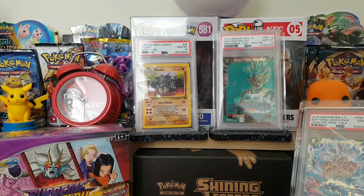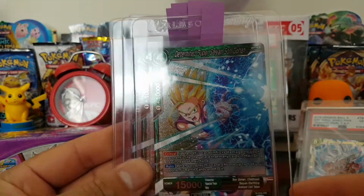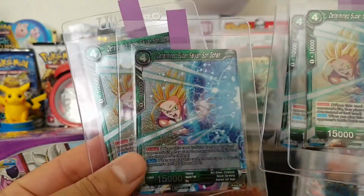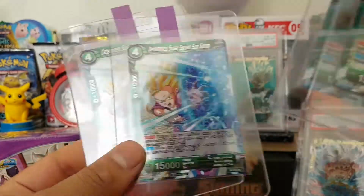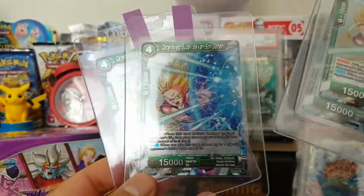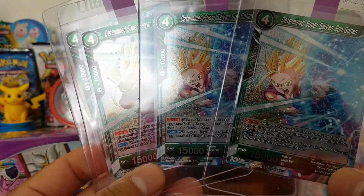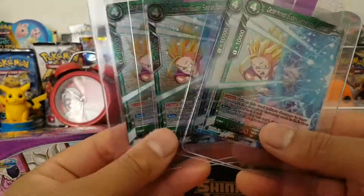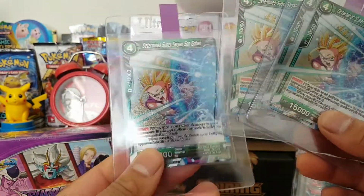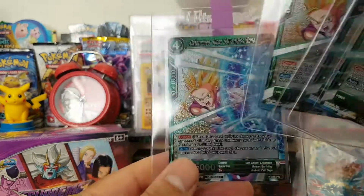And alright, so 4 of the same card here. We got Determined Super Saiyan Son Gohan. I just really like the artwork on this. They're all foils. I was planning on grading all 4, and this was at the time when the grading was like $25 a card or whatever. And obviously it is not that anymore, so I'm not sure if I'll grade all 4 anymore. But I really do like the artwork. And I would have loved to get the Judge version of this. The Judge one looks really nice. And apparently it's one of the harder Judges to get in this...